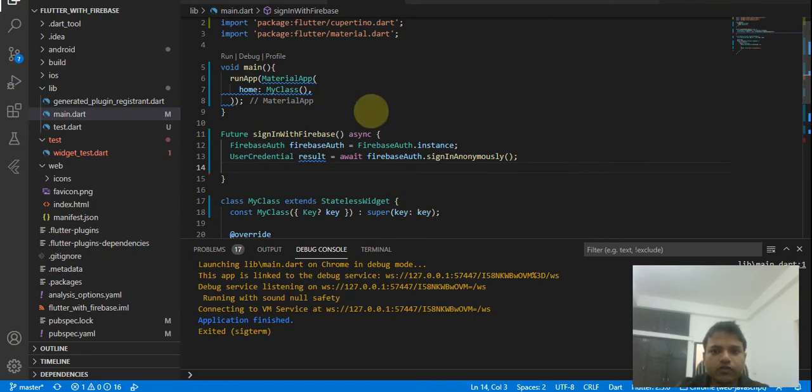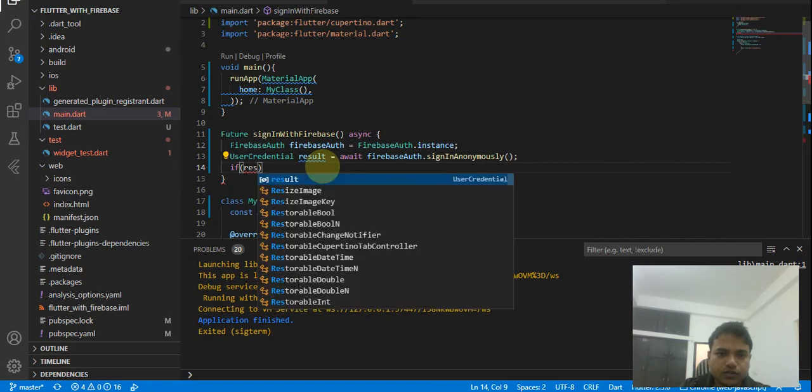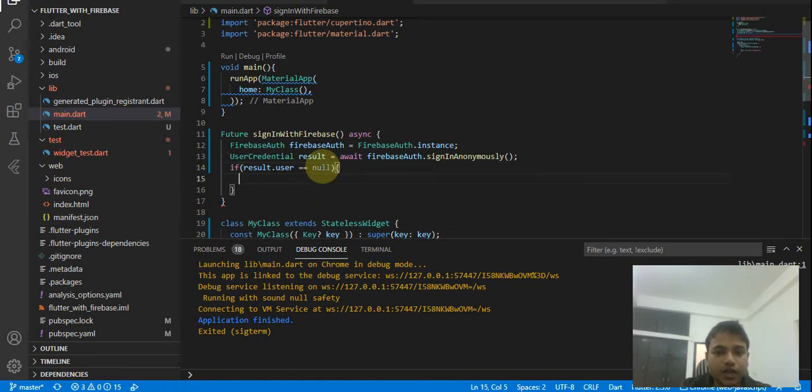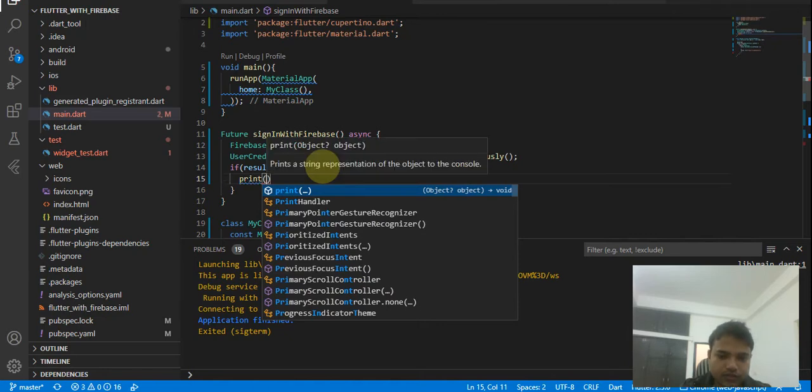So now if it runs successfully, the result may contain user data. If result.user is equal to null, it means some error happened, so we have to print an error.